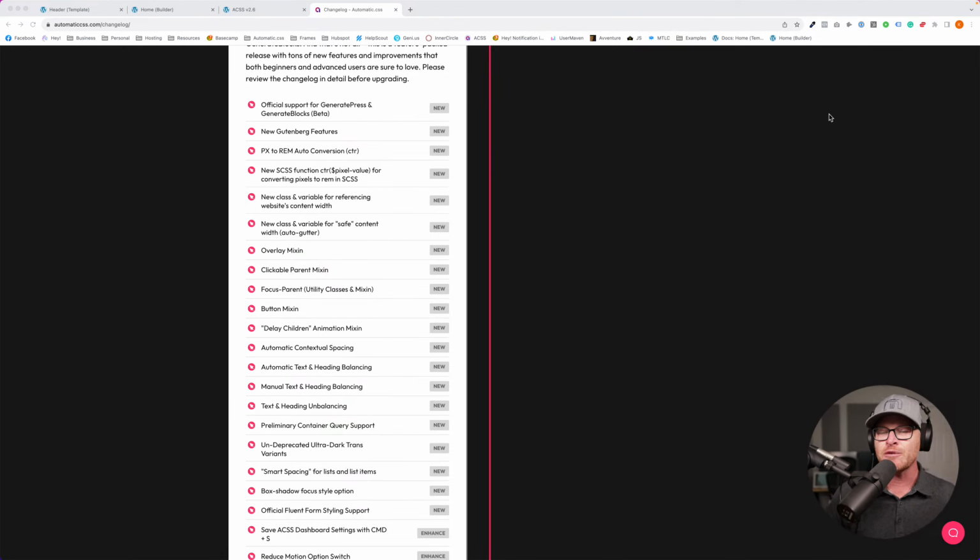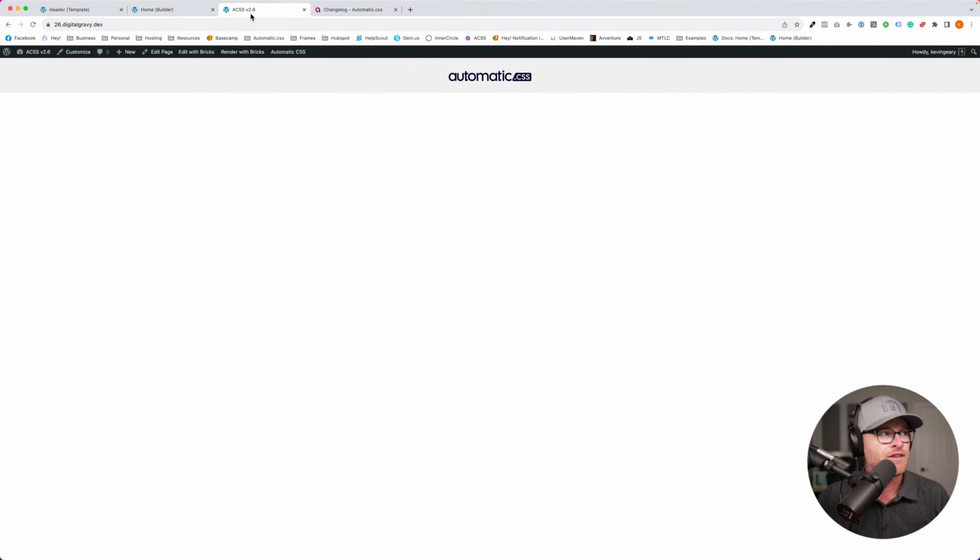Okay, so we'll just go through the change log together and take a look at some things. Official support for GeneratePress and GenerateBlocks. I'm not going to go into the entire Generate workflow. It's a very involved thing. It would take up the vast majority of this live stream. So if you're a GeneratePress and GenerateBlocks user, I do have GenerateBlocks installed on here. I don't have GeneratePress installed on here because I have Bricks installed. But I would encourage you, and there are many already doing that, going in and using all of the new GeneratePress stuff. I do want to show you just a couple of the things involving Gutenberg.